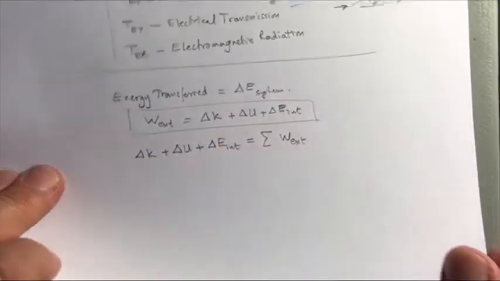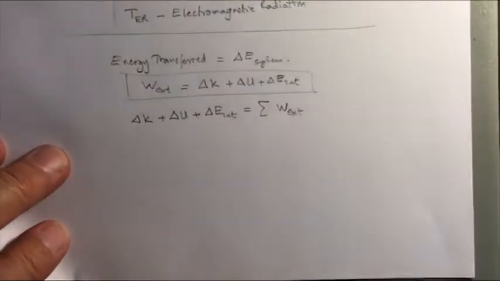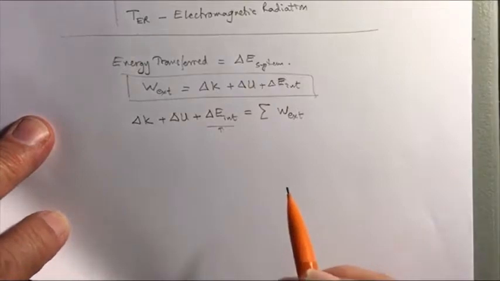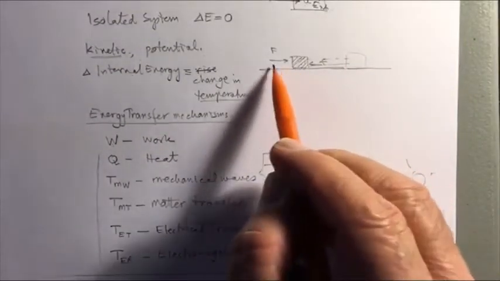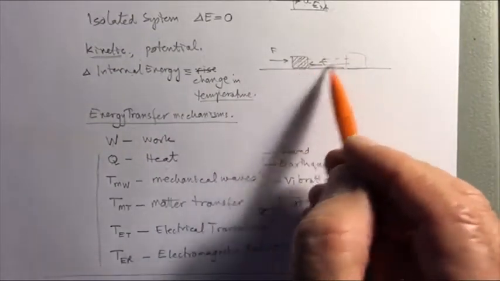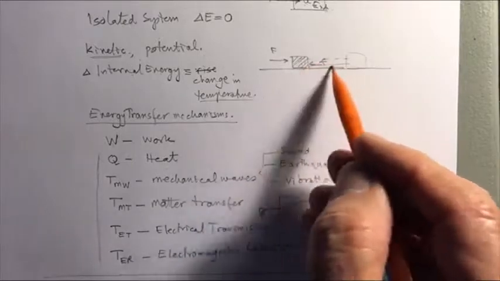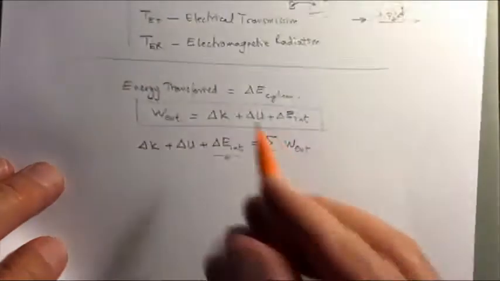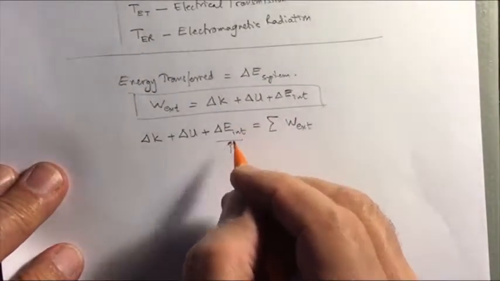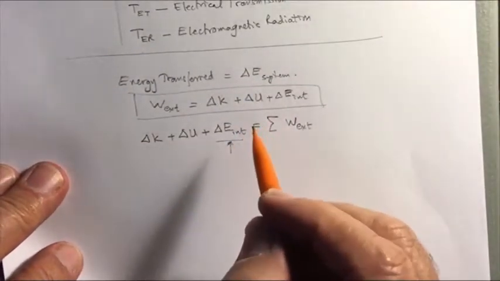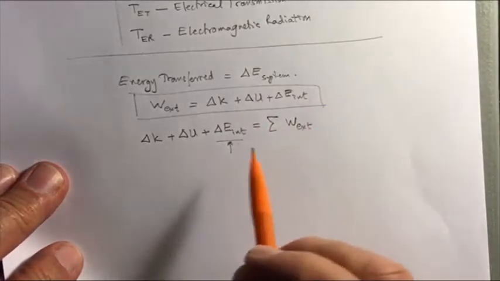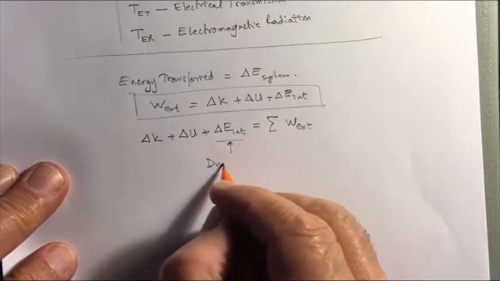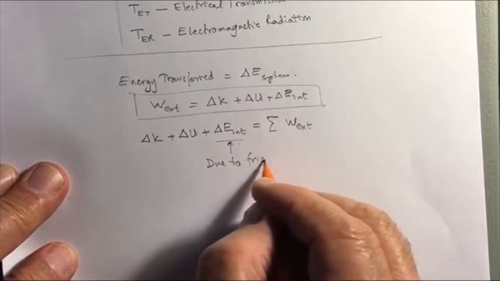Now, before we go further, let's look at internal energy a little bit more. And we saw here that friction would create some heat, and that would cause a change in temperature, which is a change in internal energy. And therefore, the internal energy that we are dealing with is not because of any heat flow, because we are not considering heat in this chapter, but it is because of friction work,